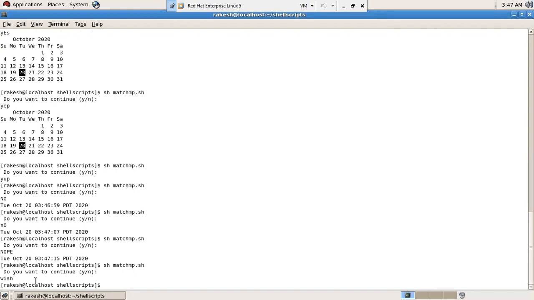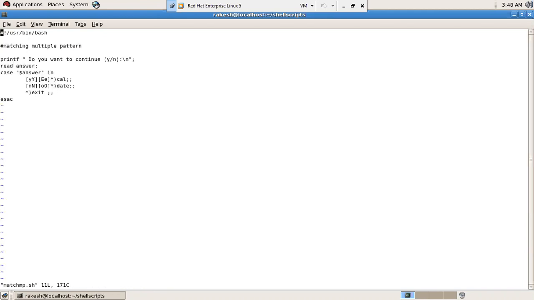Now this is what actually matching multiple patterns is. The first case is just a multiple pattern, and in the second case, in this example, we are using wildcards. The star, etc., the meta characters are used.